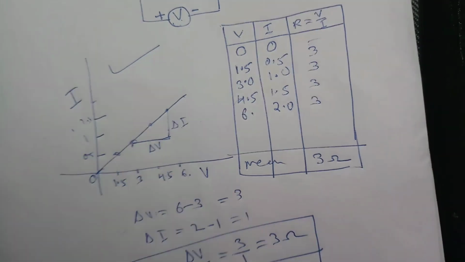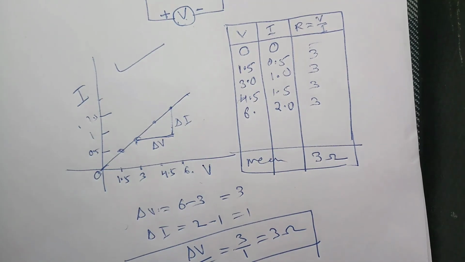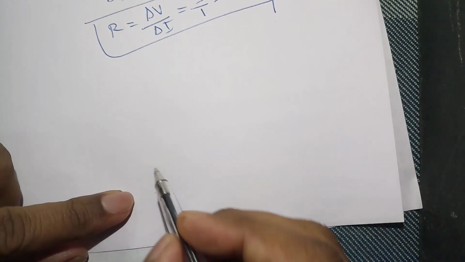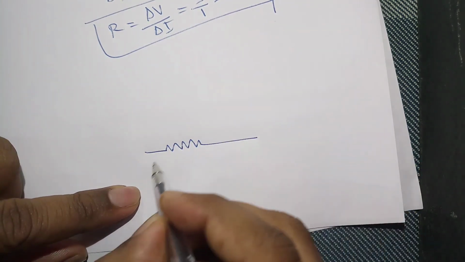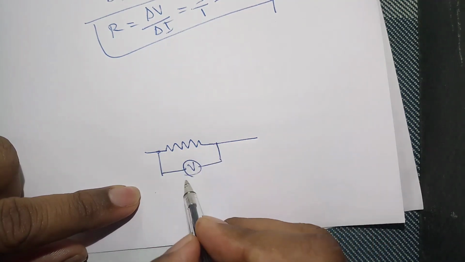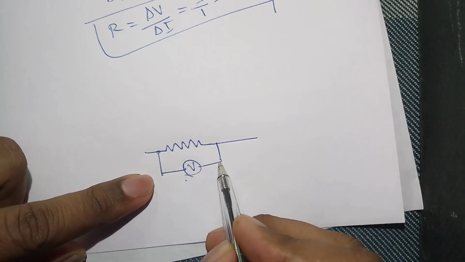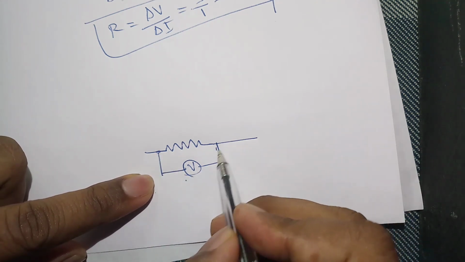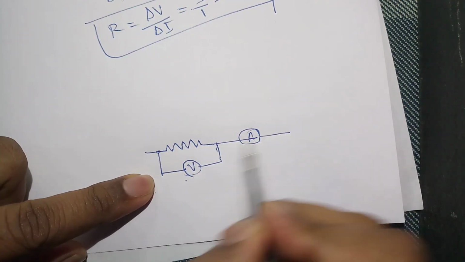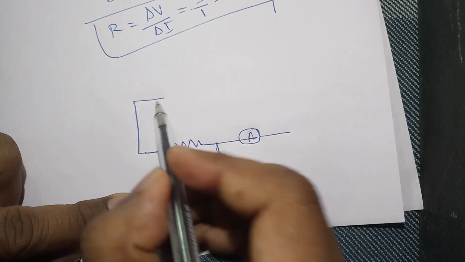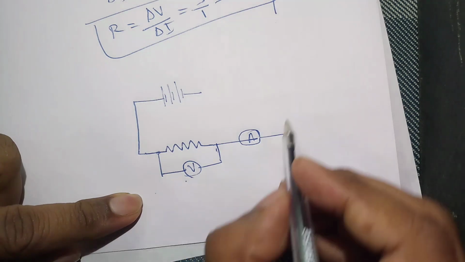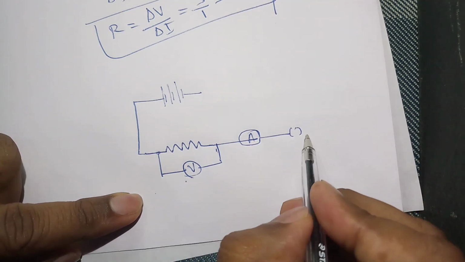Now I told one more thing about the rheostat. So how this rheostat works, that also we'll see here. The same circuit diagram I am drawing, you have the resistance here and you have a voltmeter here. Very important, if you have a resistance, the voltmeter will always be connected parallel to the resistance, and our ammeter will be in series with this resistance, and you are connecting like this. Now here you have a cell. I am drawing a big battery with 3 cells. Here you have a key which you can connect like this.